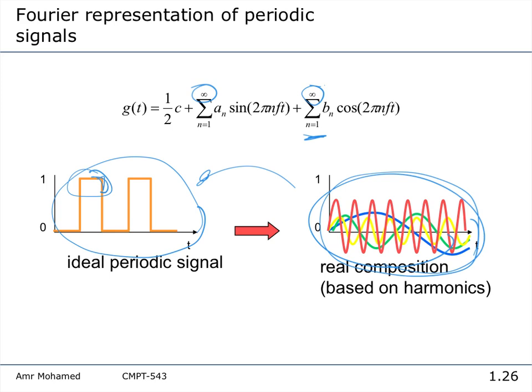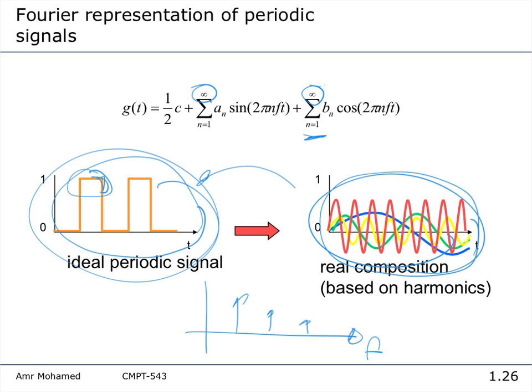Hence we can deal with it, because the sine wave is the simplest form of a signal that has a single frequency. If we talk about it in the frequency domain, a sine wave has a single frequency. So in the frequency domain, these 3 sine waves become like this: 3 impulses, that's it. So this signal in the time domain becomes 3 impulses in the frequency domain. So you can see how easily I can deal with this signal in the frequency domain, right?